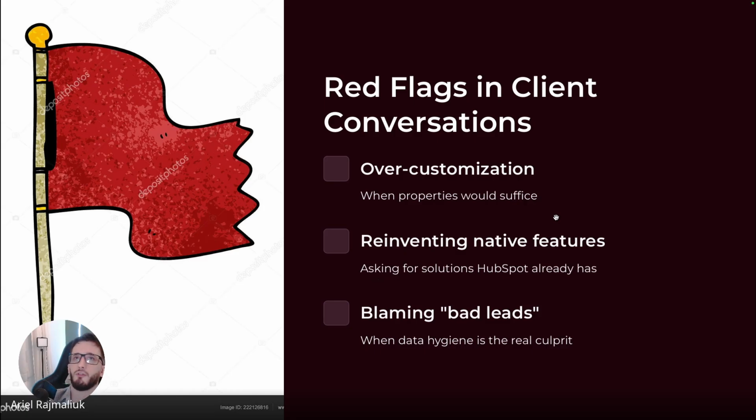Very common with WhatsApp that they want to make an integration with WhatsApp with the API, because there is this little thing that it doesn't have. So now we're talking about making an API integration with Operations Hub, 50 grand in development, when HubSpot has an integration with WhatsApp. So the first question will be, number one, is it really necessary? Is there another way? Is HubSpot already offering you this?